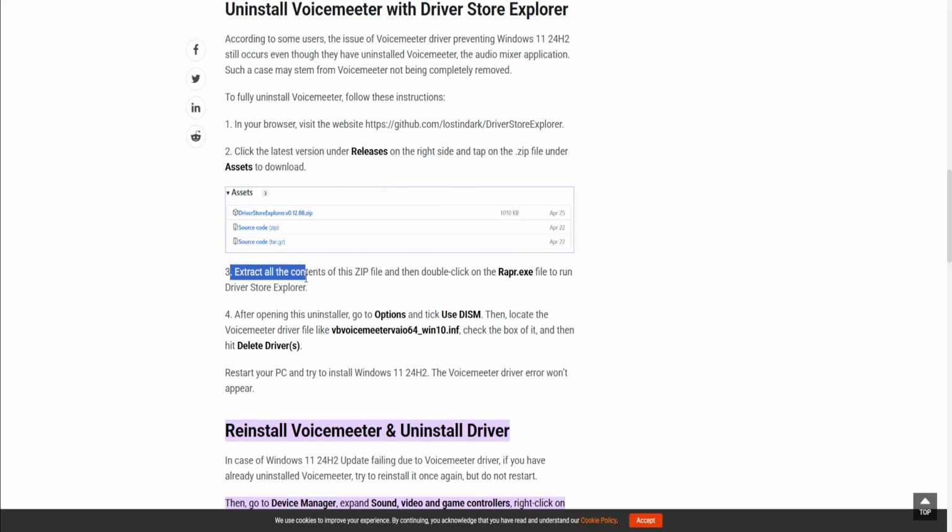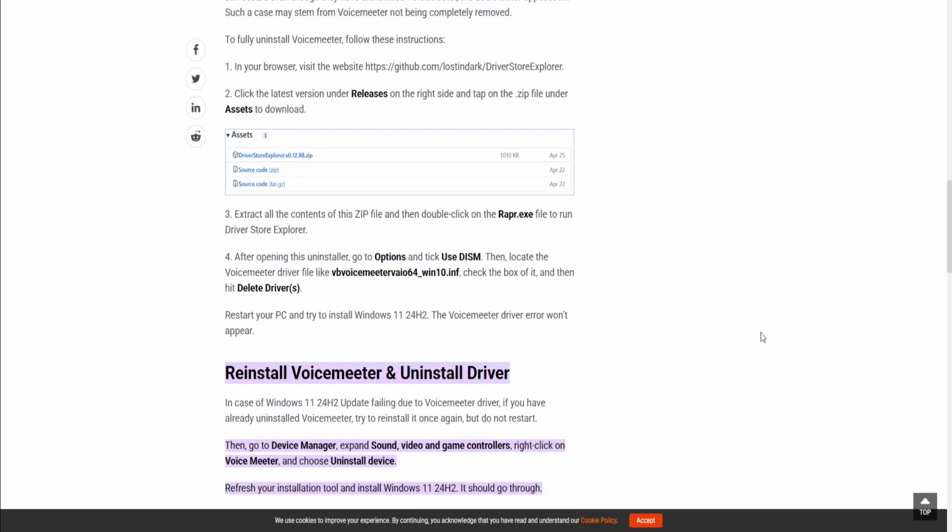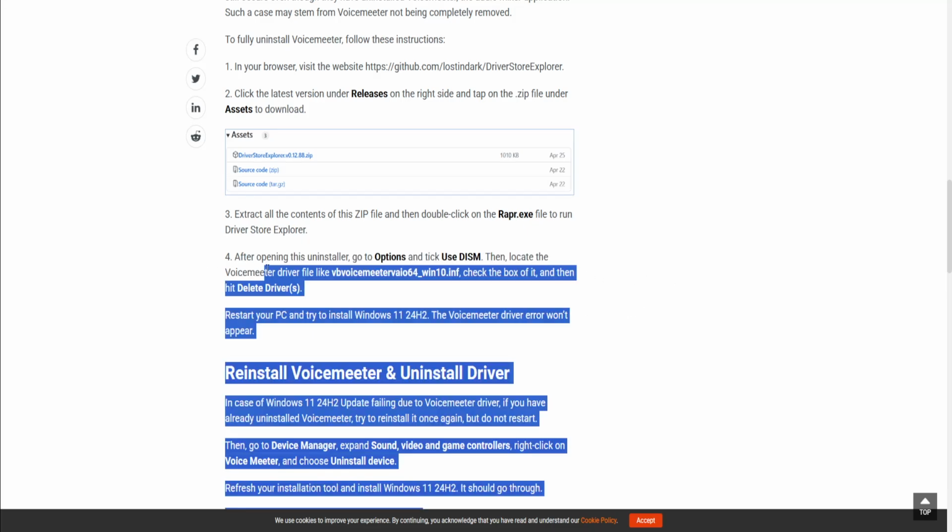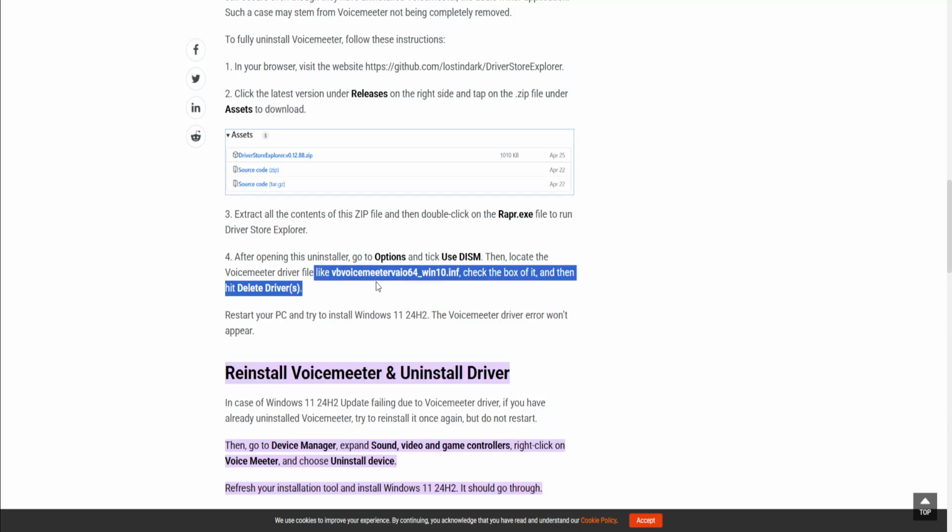And then, extract all the contents of the zip file and then double click on the rapr.exe file to run Driver Store Explorer. Then after opening this installer, go to the options and tick Use DISM. Then locate the Voicemeeter driver file, like this file right here, and then check the box of it, and then